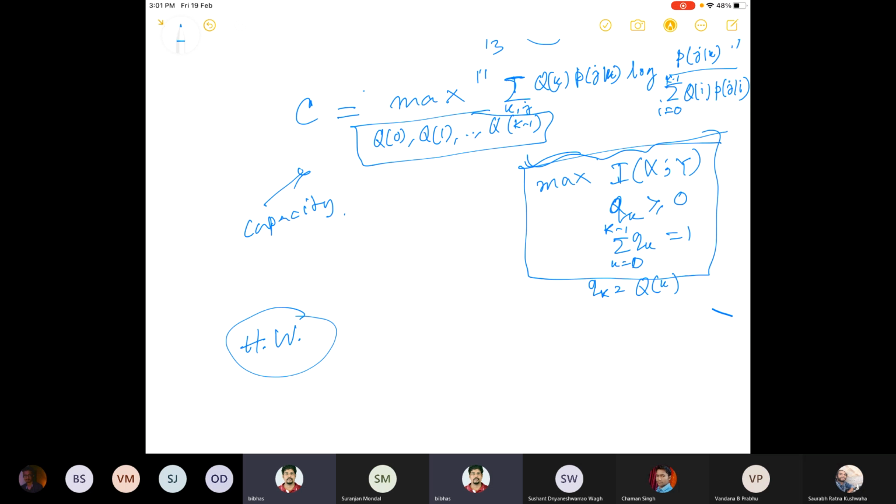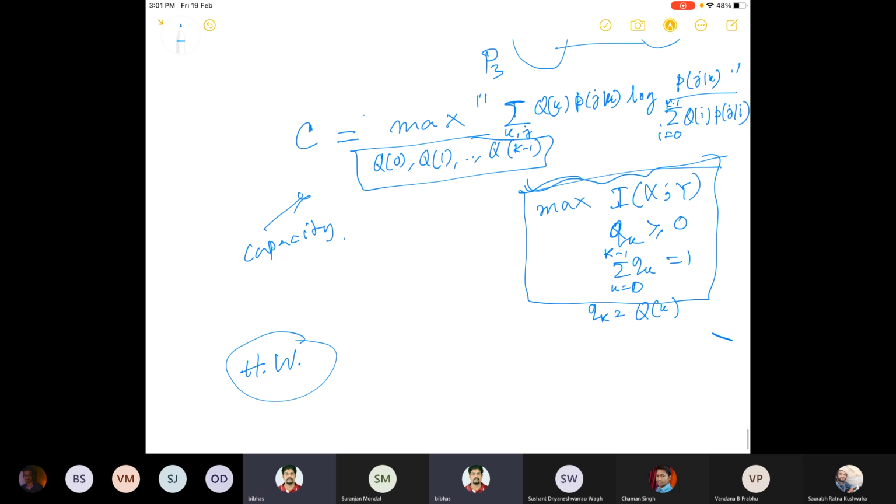But can anybody tell me why the maximum exists here? What kind of functions can you optimize and always get a maximum, or a minimum? What do you study in optimization theory? You want to maximize some function. Here it is a function of q1, q2, up to qk, let's say x1, x2, up to xn, and these xi satisfy some conditions.